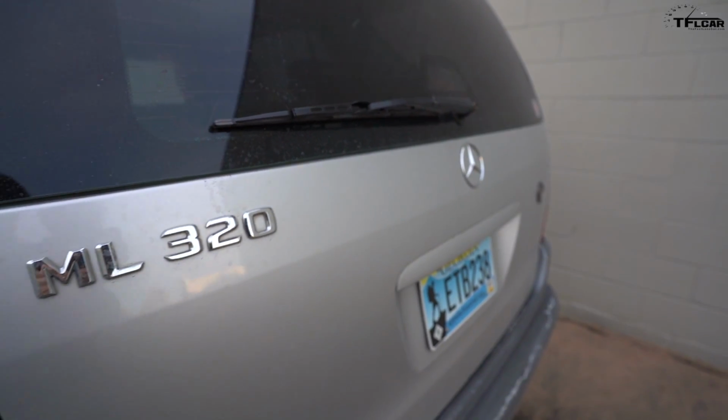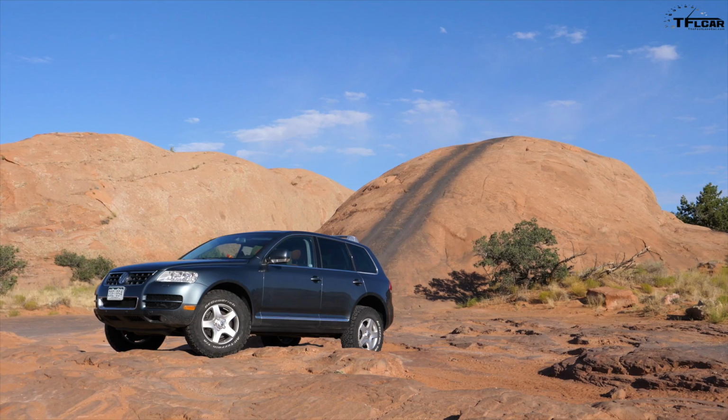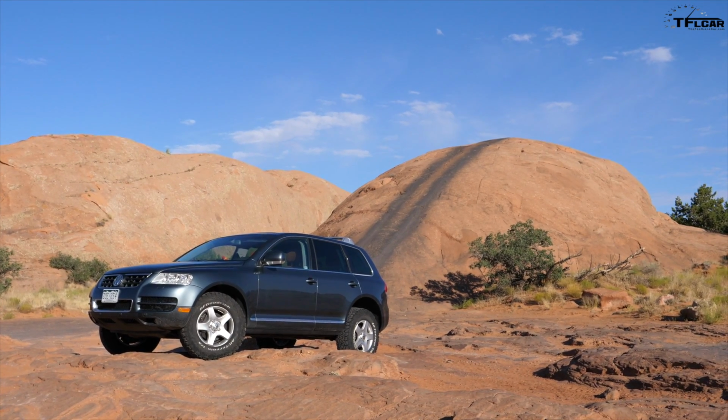Now recently here at TFL, we have acquired quite a fleet of offbeat German used off-road vehicles. We've got our Porsche Cayenne, we've got our Volkswagen Touareg, we've got the Mercedes ML, and we're going to talk about today why these might be great choices for you out there for cars that you probably have never even thought about or considered taking off-road and buying as kind of a cheap used way to have fun out in the wilderness. But first, before we get to that, I want to give you a quick update on our